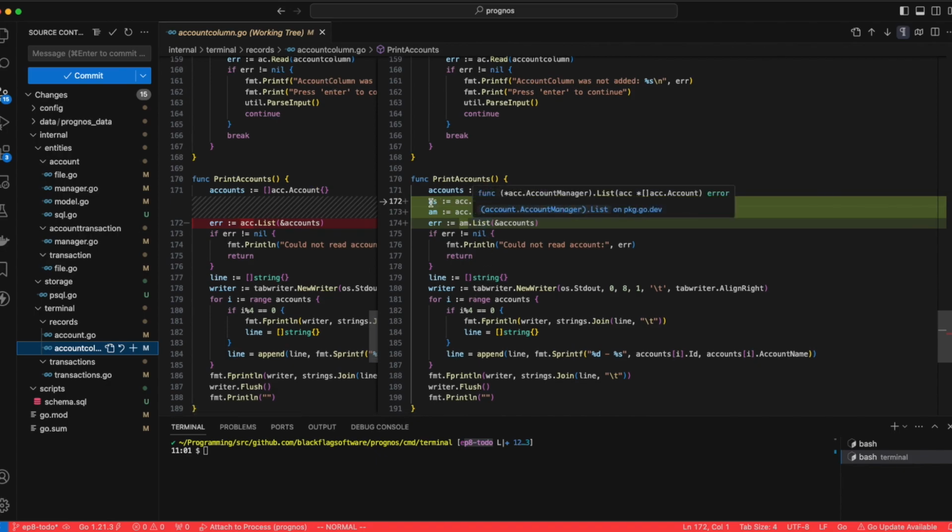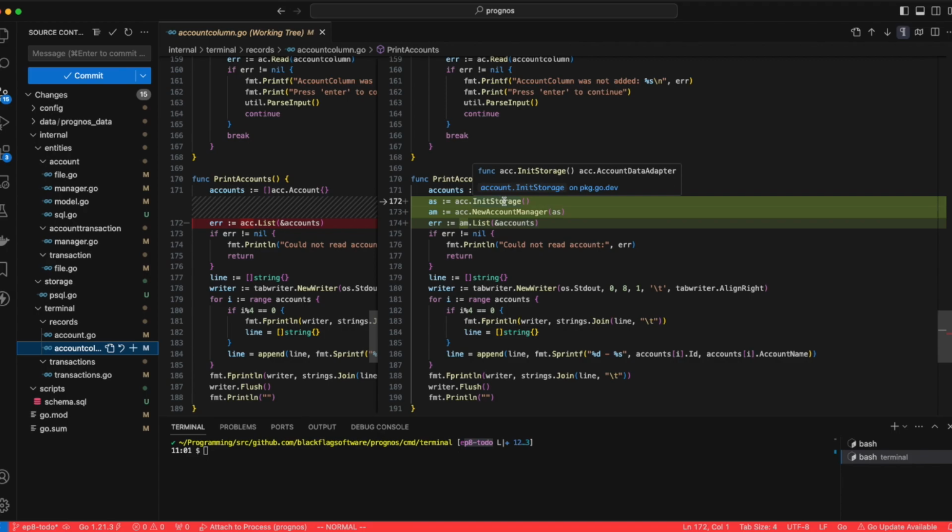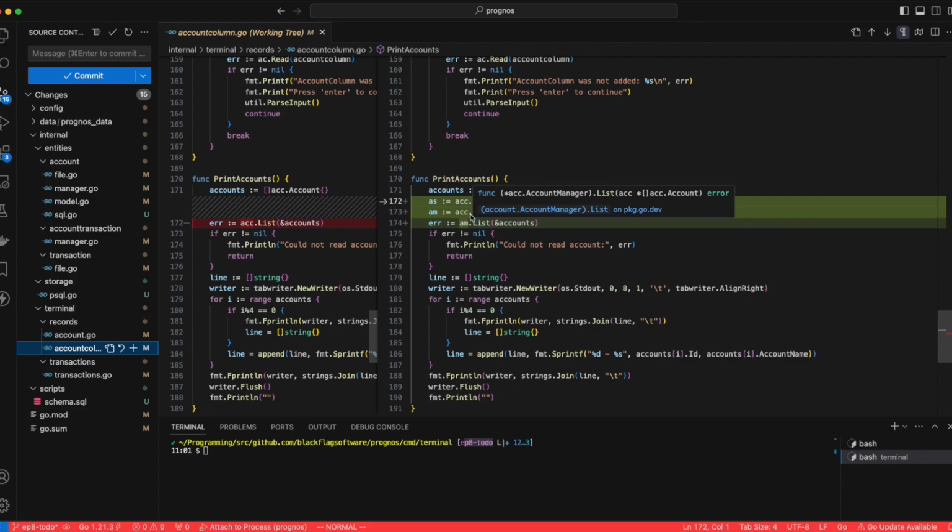And so I still do the initial storage, and this is another pattern that I use quite frequently, where if I just need to do a one-off, I need to get the type. I have a really quick way to init the storage, and what that will do is determine whether it's SQL or file, send back the adapter, and then create the new adapter, and then just use it really quickly, and then I'm done. The reason I could have done just this and called as.list, but I like,